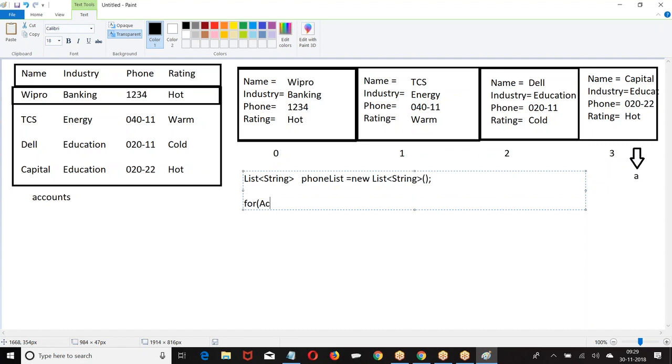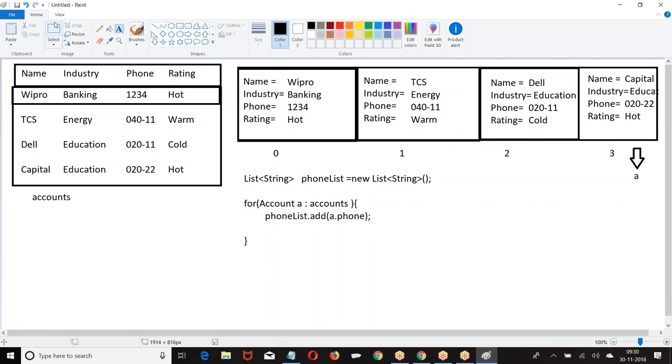For account a, then what we are doing? a dot phone, add to the phone list. So what was the operation here? Now what is the a?